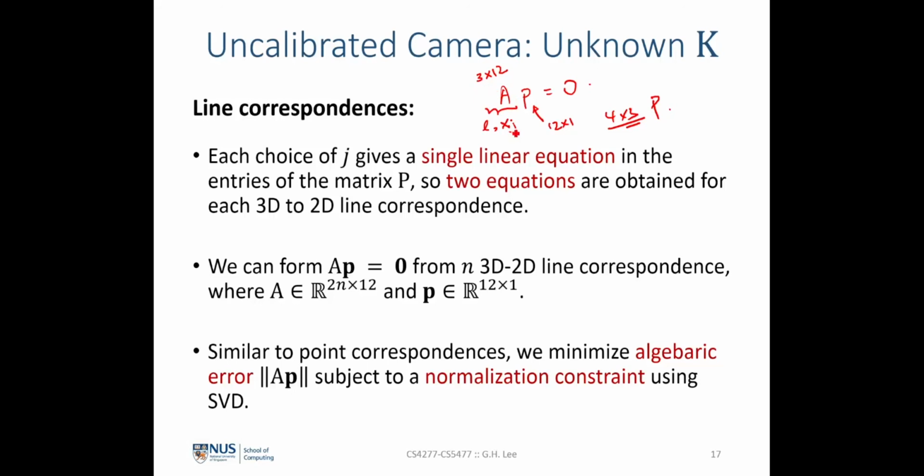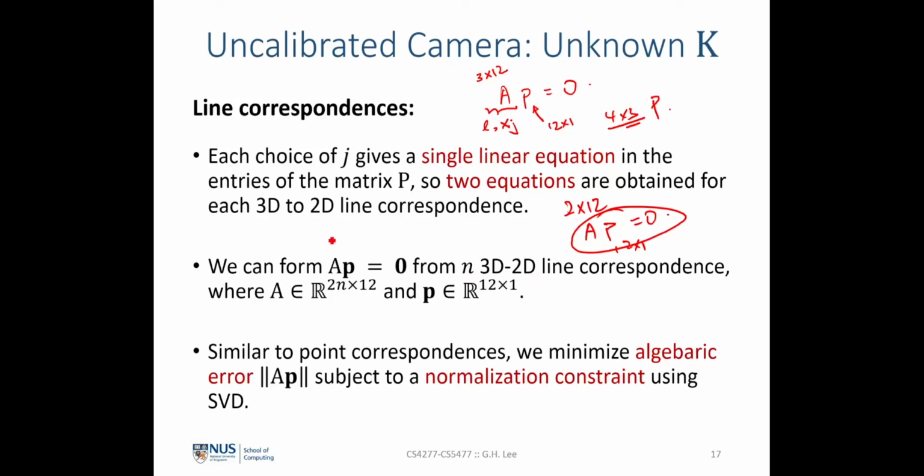So we can rewrite this into a 2 by 12 matrix multiplied by p, which is a 12 by 1 vector and equals to 0. And we'll get the homogeneous linear equation here. So what this means is that given n number of correspondences, n number of 3D to 2D line correspondences, we